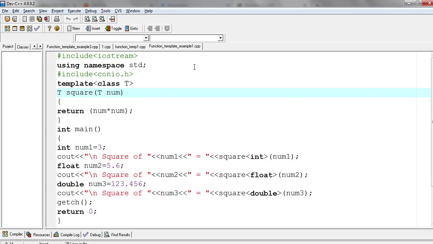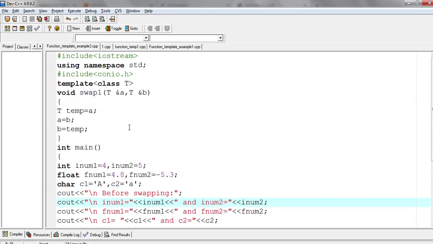Hello everyone. In the previous example, we had a single parameter of type T, meaning a single variable of integer, float, or double type. Next I'm going to do a program where I have two parameters of the same type. If you see this example,